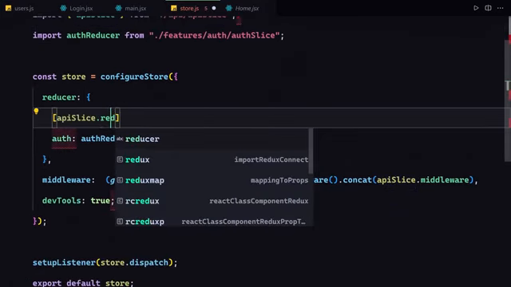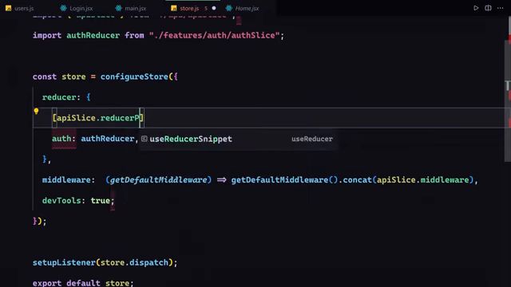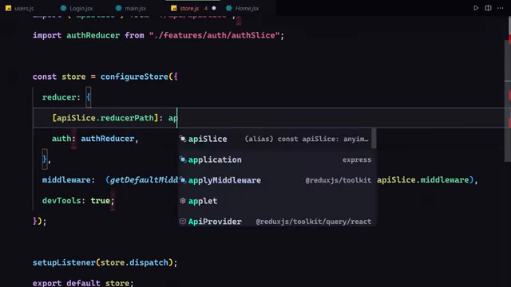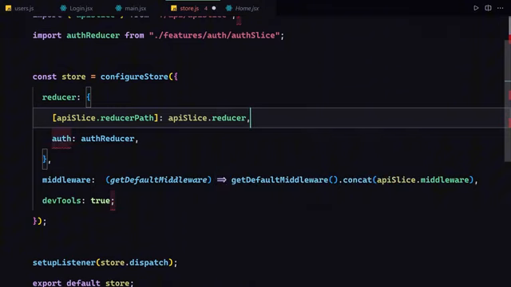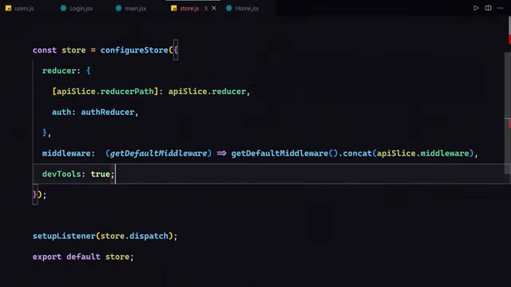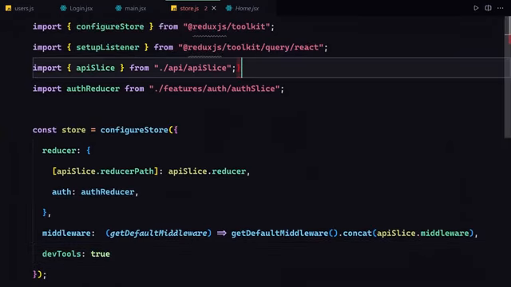and then reducer path, reducer path, and it's going to be equals to, not equals to, but this is a property, and we have to provide a value of API slice and reducer. Now let me just provide a comma here, save my file, and we also have to remove this colon. From there, save our file. We also have to remove this